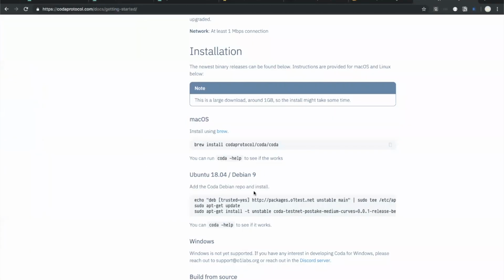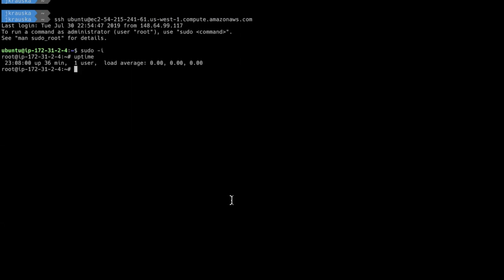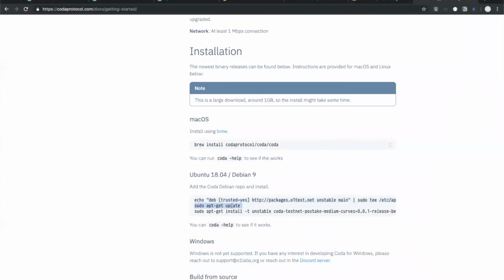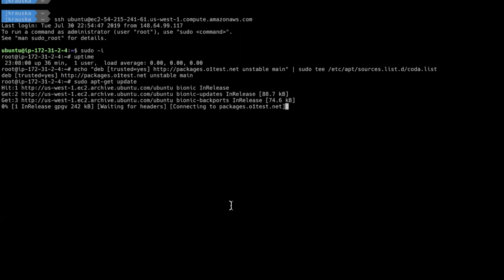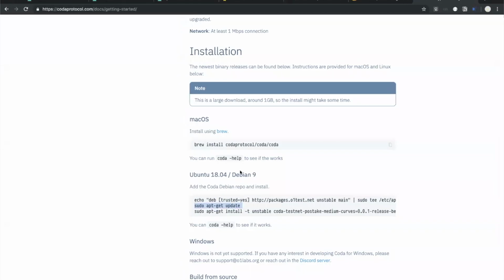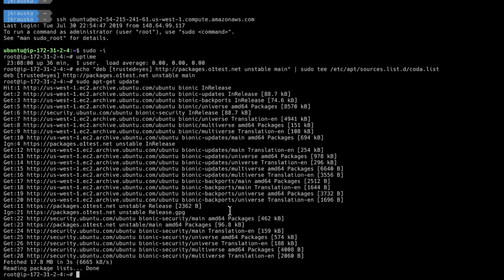So hopping over to our instructions, packages come in a thing called deb files. And these are some steps that tell Ubuntu to trust our repository of deb files. And that allows you to download our packages, our content. So I'm running these 3 commands. And after we've run the third one,